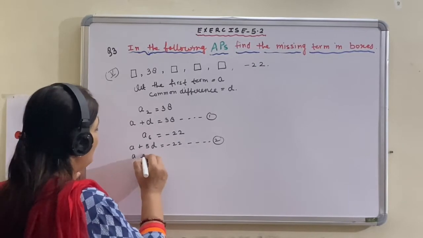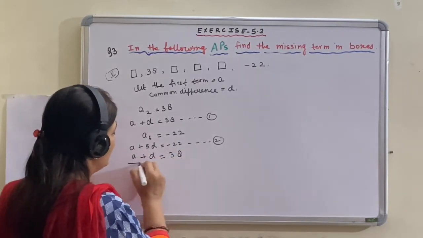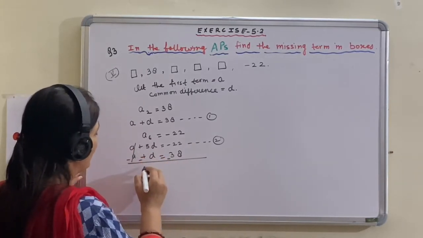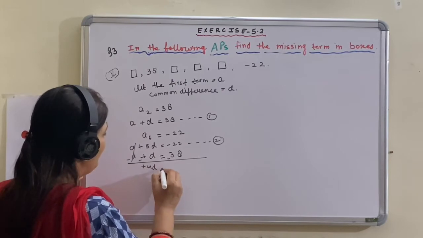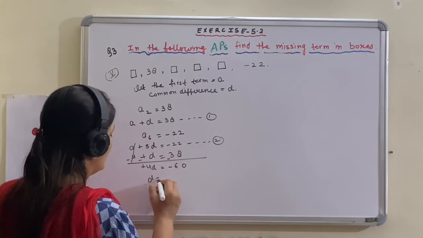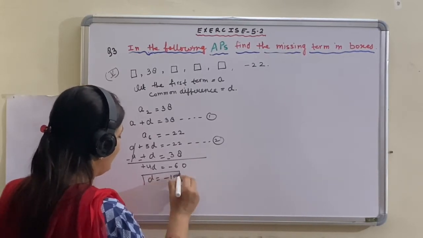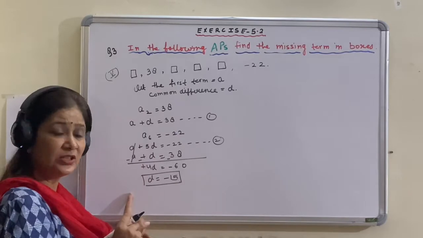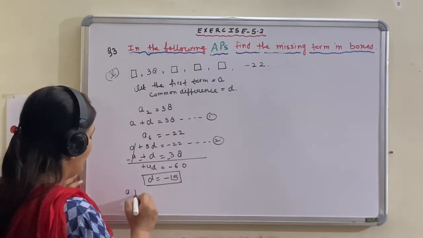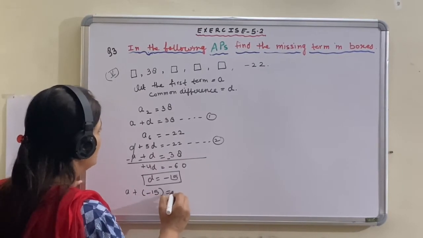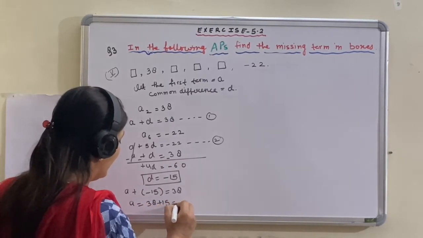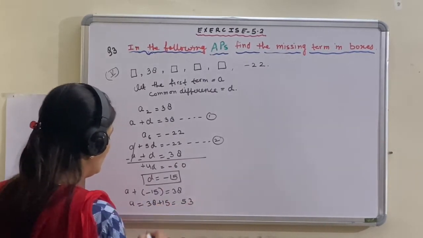We get A plus D is equals to 38. Now change the sign and it is cut. My plus 5 minus 1 is equals to plus 4D, and it will be 8 and 2 10, 3 2 5 and 1 6. So D is equals to -15. D की वैल्यू आपके पास आ चुकी है. Now substitute D as -15 in equation number 1. A plus -15 is equals to 38. So, A is equals to 38 plus 15, that is 53. A is equals to 53.